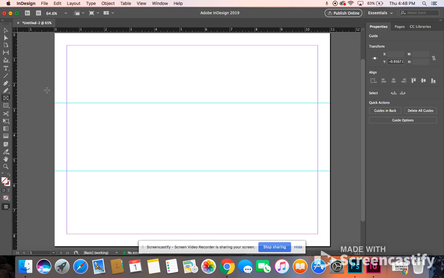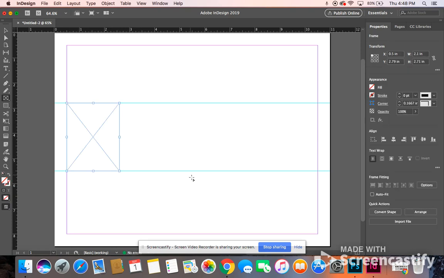But the frame is just going to be basically a placeholder for your image so that you are able to space things out before bringing pictures into your document. So I'm going to start by using my guidelines here and click and drag for where I want my first letter, and that's going to place my frame. Before I place my letter into my frame, I want to get everything figured out and everything placed on the page first. So I'm going to go ahead and copy and paste this frame. So I'm going to hit Command C on my computer to copy,